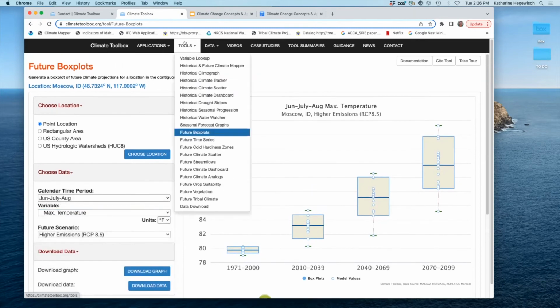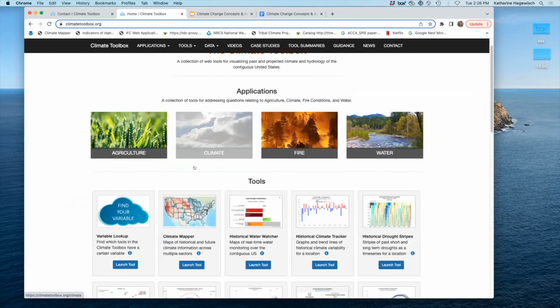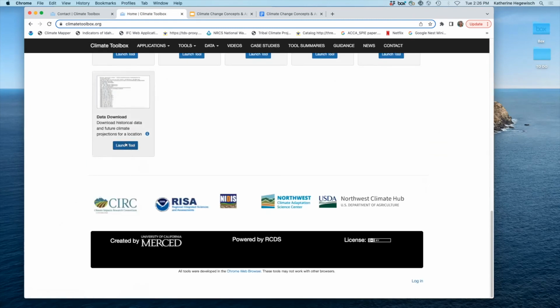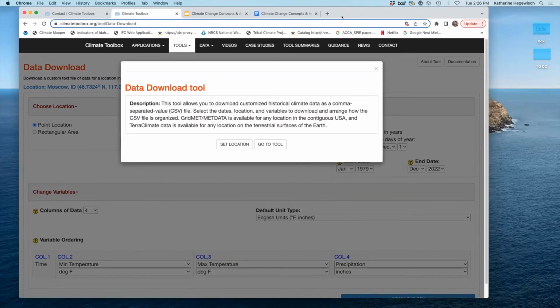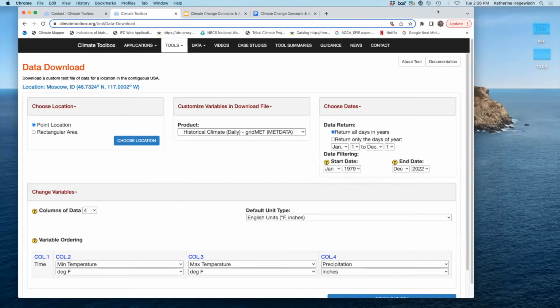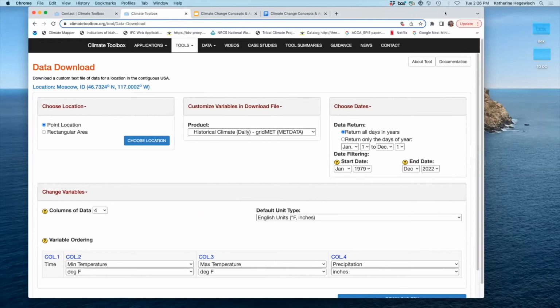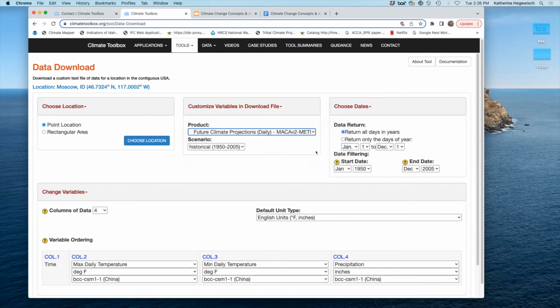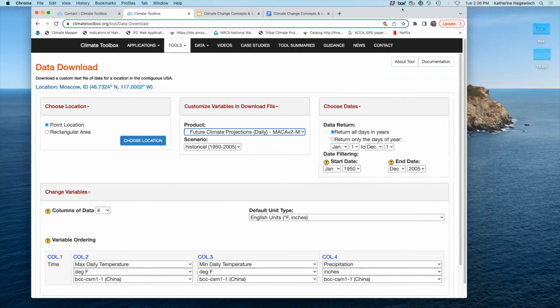And so there's a tool here. It's the data download tool. And you can also get it from the regular menu. It's the very last tool here where you can download daily data and do your own analysis, and it'll download into an Excel compatible format. So I've got Moscow, I've got a point location. I can get the future climate data here. And my example is just quickly,